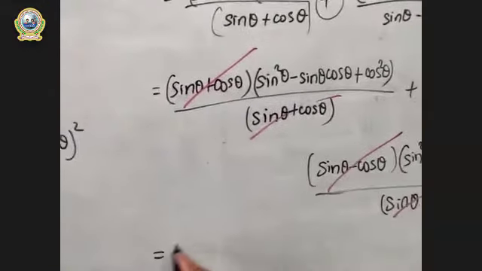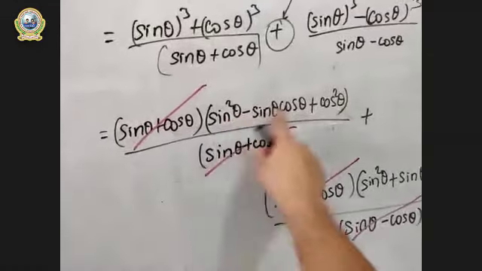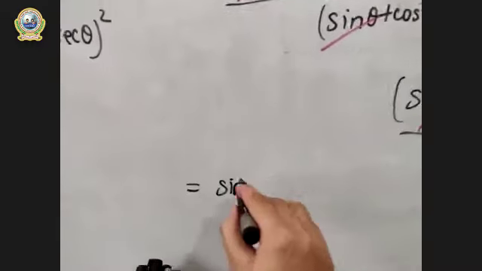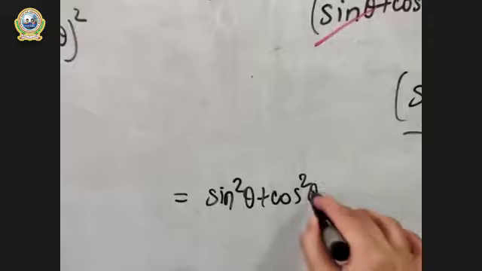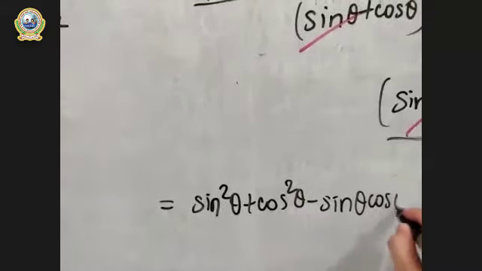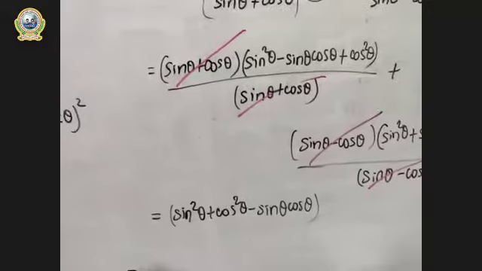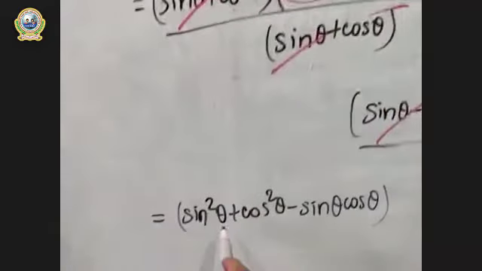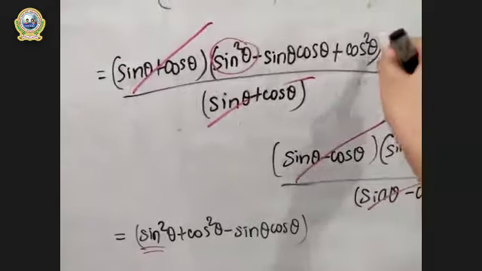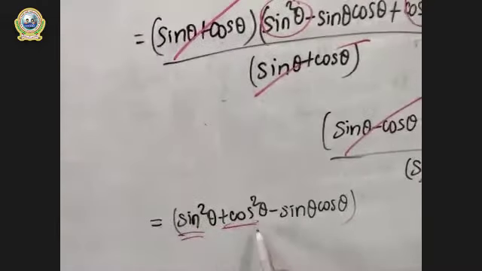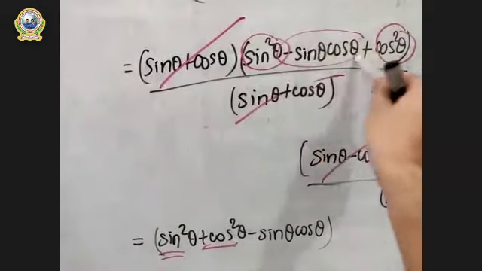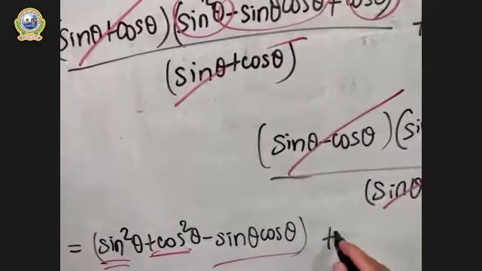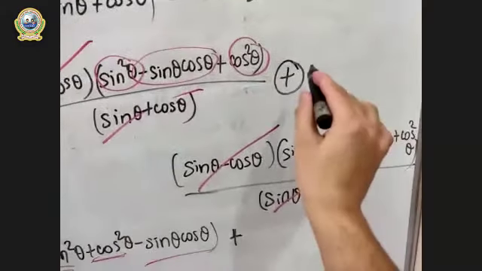So let us solve. In this part, we do have sine square, cos square, minus sine cos. It will be sine square, let me write it here: sine square plus cos square minus sine cos minus sine cos. Are you clear up to here? Let me repeat it again. We have sine square at the beginning. I have put it here. And we have cos square at the end. I have brought it in the middle part. And this minus sine theta cos theta is at the end part. Is this clear? Now we have this plus sign, the one which was in the middle in the beginning, right?